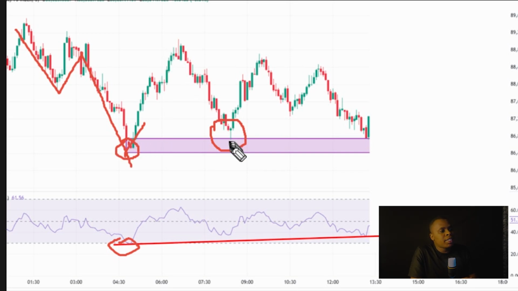And then you can see the market coming back here. There was less pressure. And now the market is back into that same zone right here. If you look here, you are going to see that our RSI is around 40. On here, it was below the level 30, right? And what does this mean? This means that the selling pressure here is lower than the selling pressure which is here,